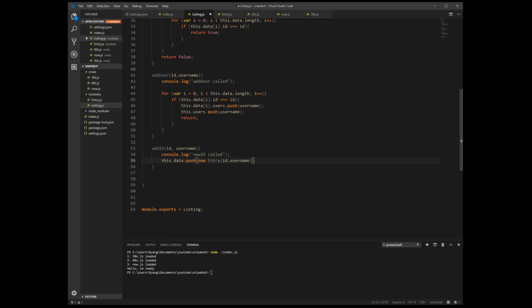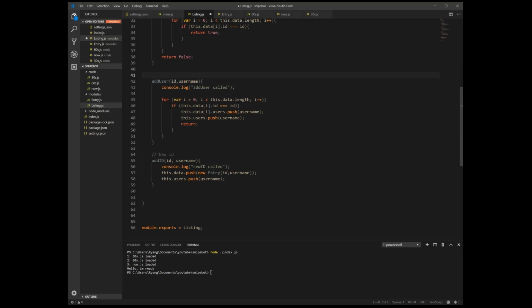They're gonna be added down here. And then we can add to our users array, we're gonna push in its username. And that's it. That's all we need to do. Alright, so this creates a new ID. So new ID. And then the one we wrote earlier, it's a new user.